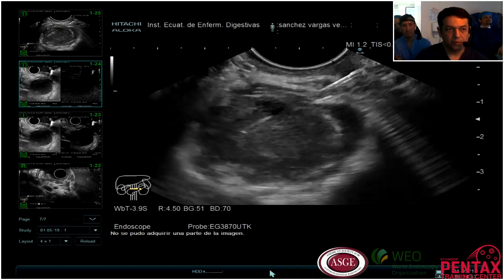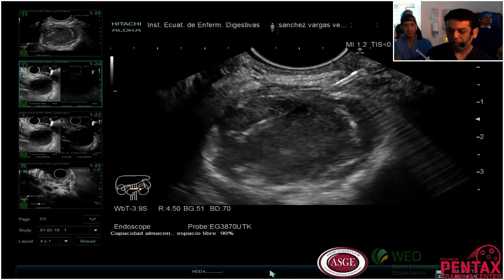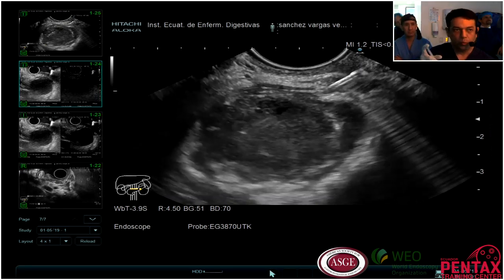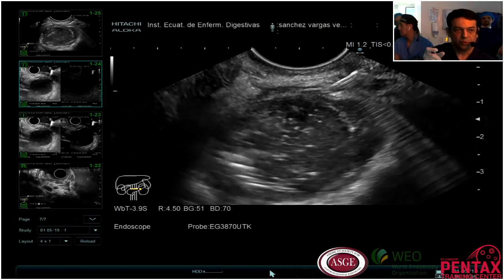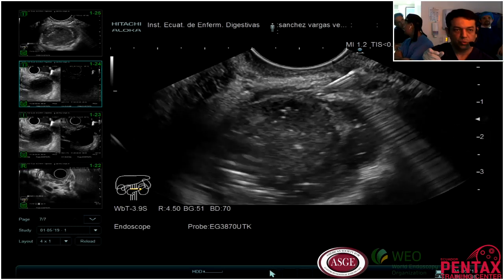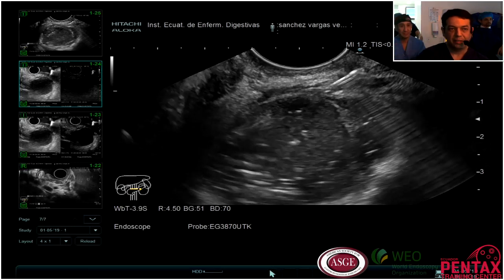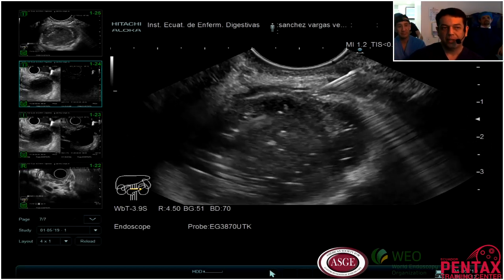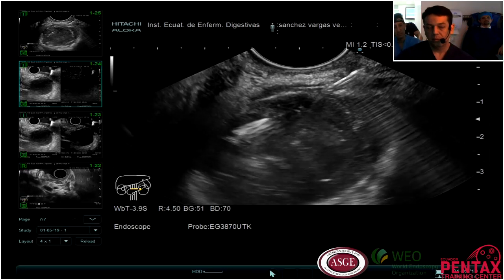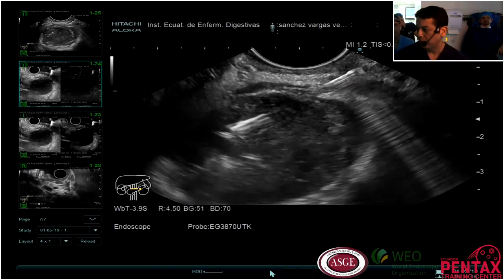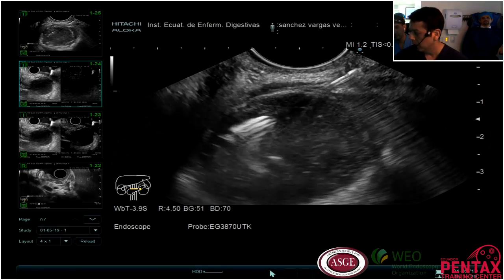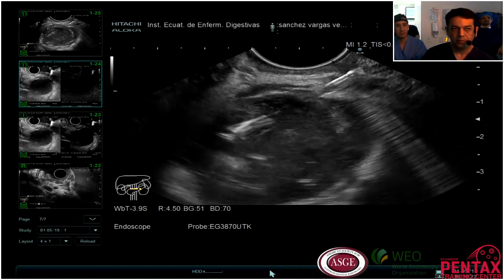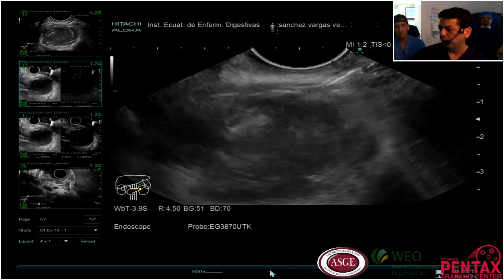So I will pass some water to try to increase the size, and I will pass a guide wire to avoid a complication. I will use a hot access now, and I will perform a drainage using a hot access.